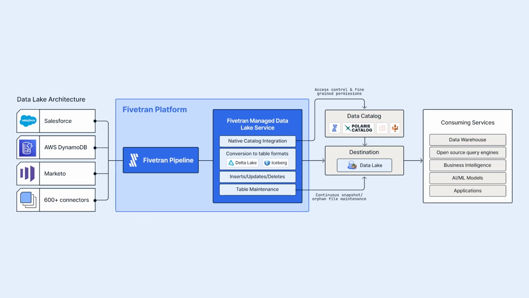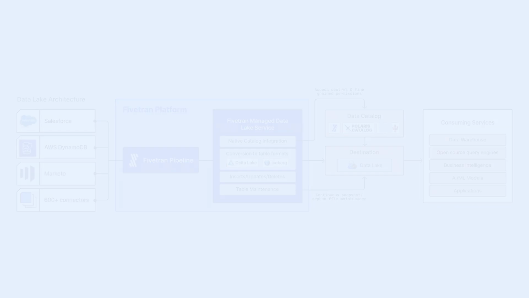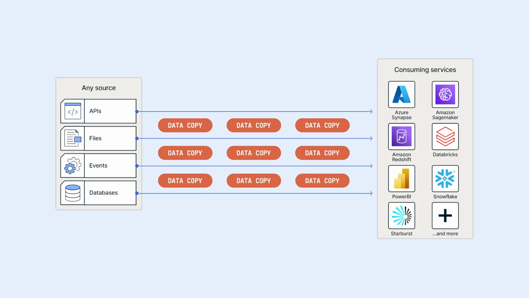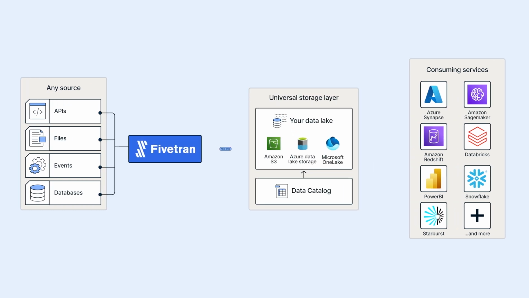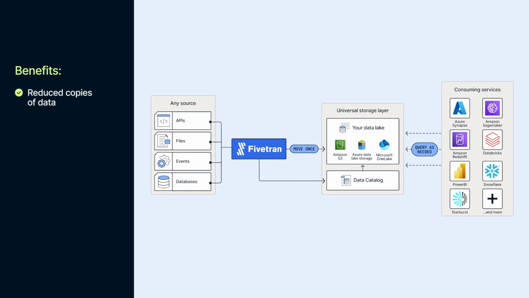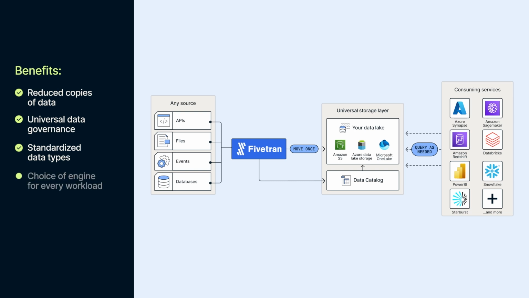This architecture is helping enterprises overcome some of the emerging challenges they face, namely the operational and compliance challenges of having multiple copies of data throughout the organization. A universal storage layer architecture reduces the number of copies of data for streamlined compliance. It centralizes governance for consistent access control and permissioning, and it standardizes data types to facilitate interoperability, which in turn